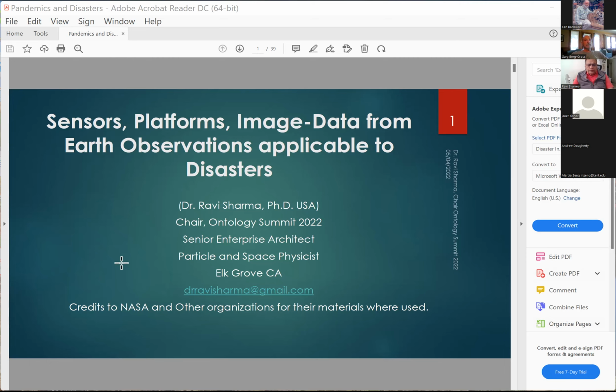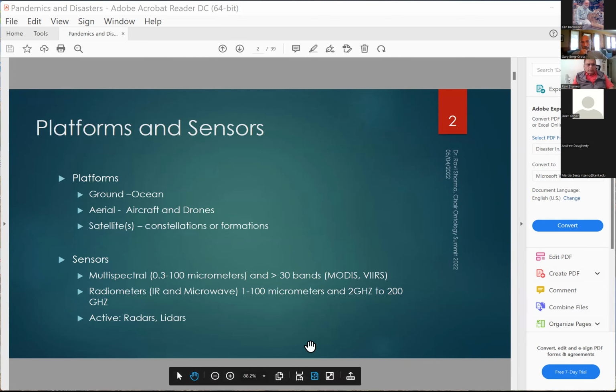Most of us who are new to this application space do not necessarily know what goes behind the acquisition of data. So I thought I would spend 20 minutes or so discussing this canvas. So I will go into platforms